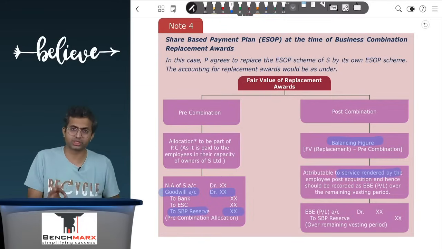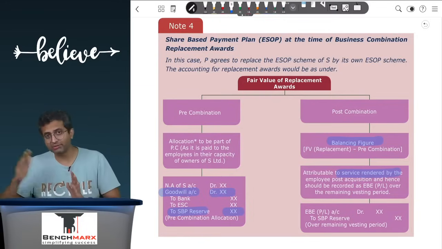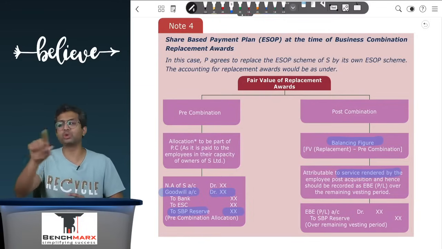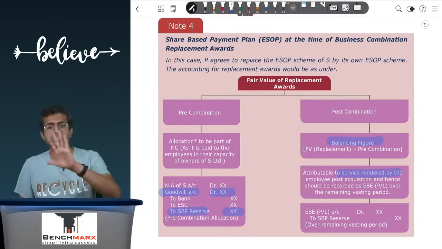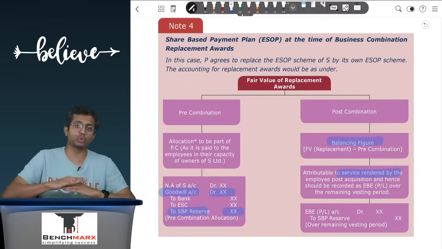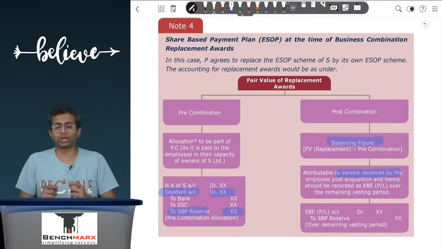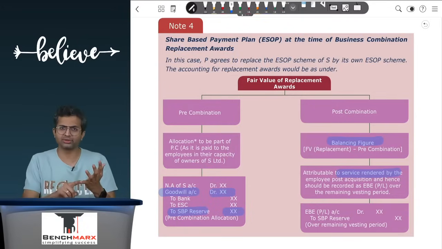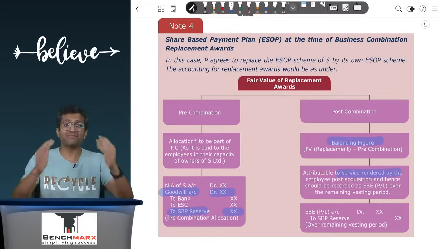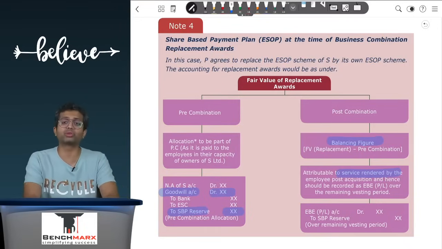The standard over here says that at the end of the day, when you read further, you will have to find goodwill as a balancing figure. Goodwill is a balancing figure on the acquisition date, and if you want goodwill as the right number on the acquisition date, all numbers, that is net assets, purchase consideration, non-controlling interest, everything has to be determined at fair value as on the acquisition date.